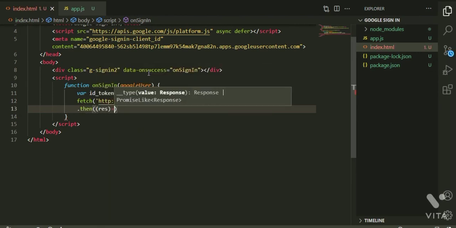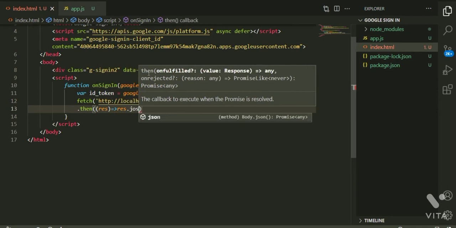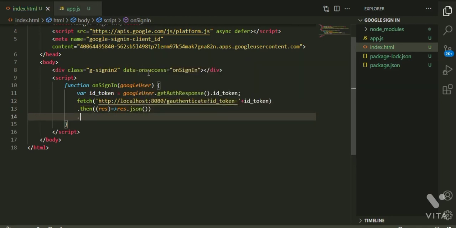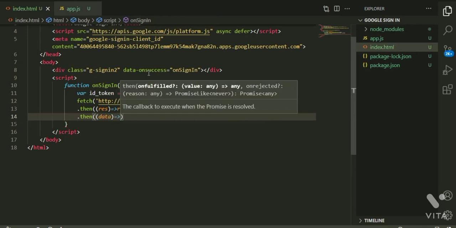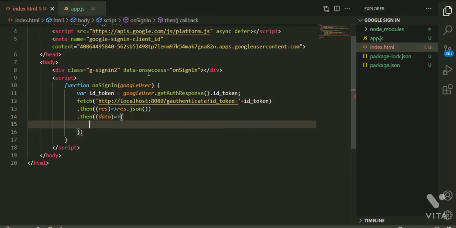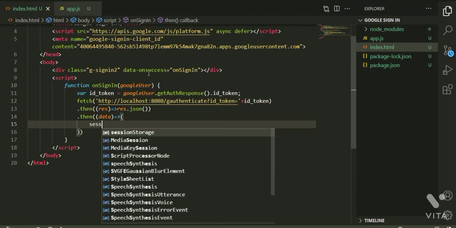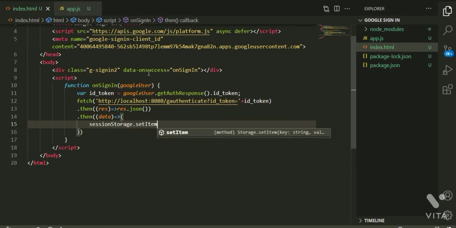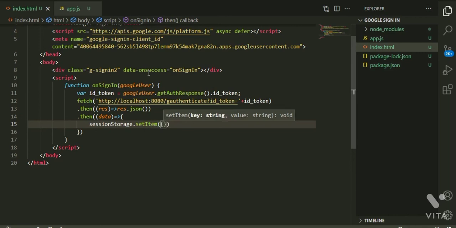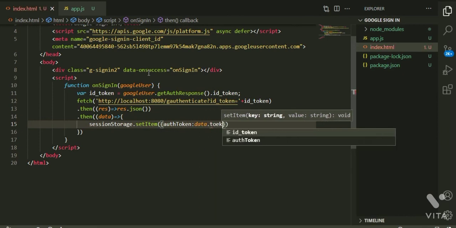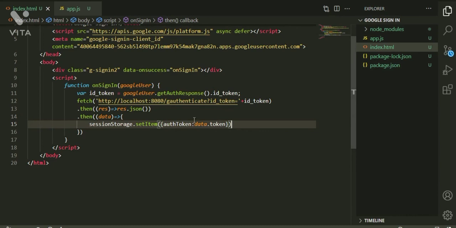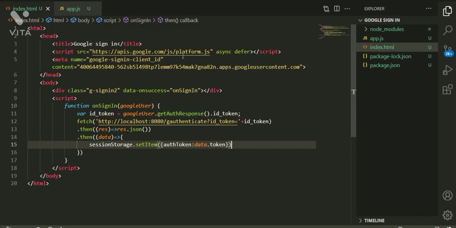We have to return response.json. Then we have to return the data. We have to set sessionStorage.setItem of auth token, let us say authToken, data.token, which we can use for authentication.